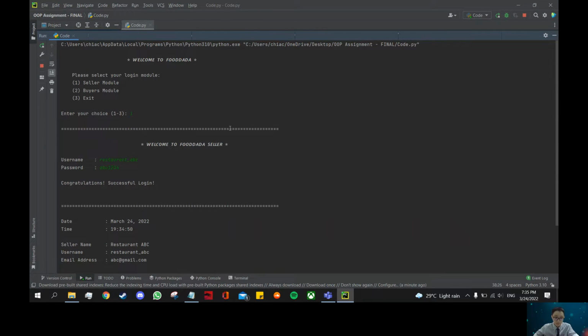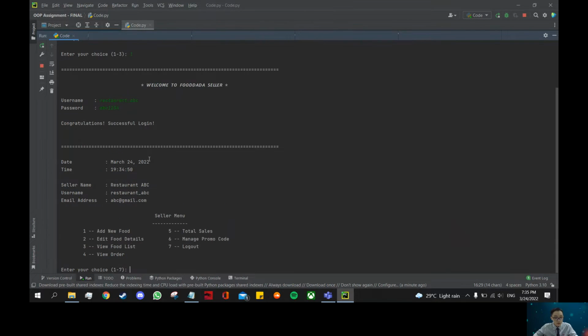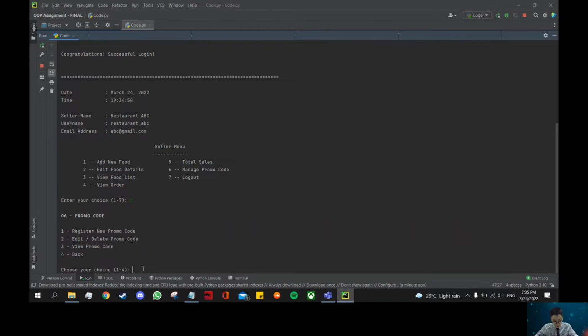So as you can see here, I've already logged into a restaurant account. So when I enter 6, it will give me an additional 4 functions. So register new promo code, edit, delete promo code, view promo code, and back. So let's talk about them one by one. So if I want to register,